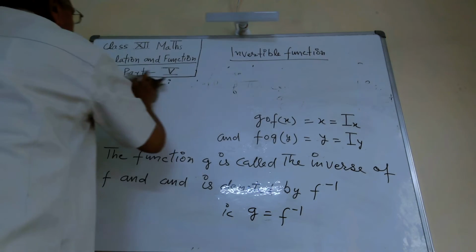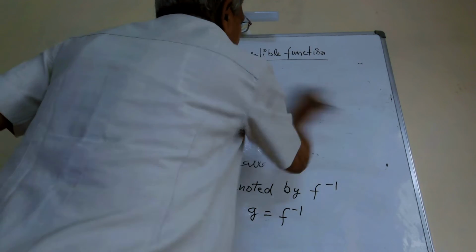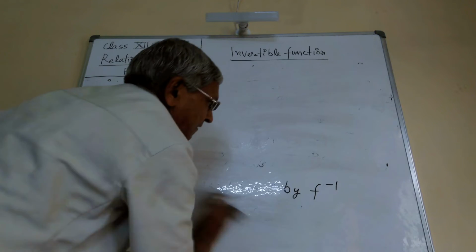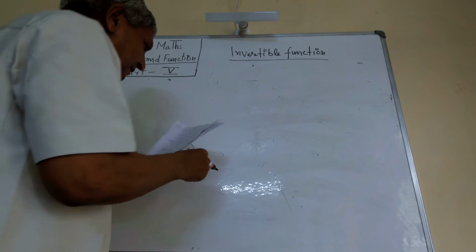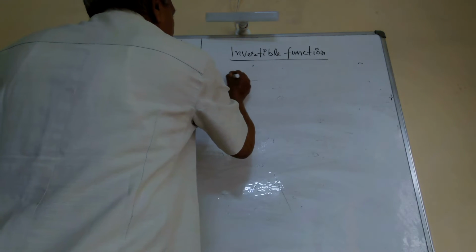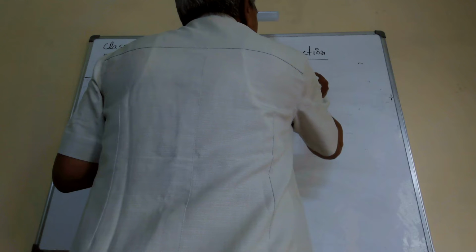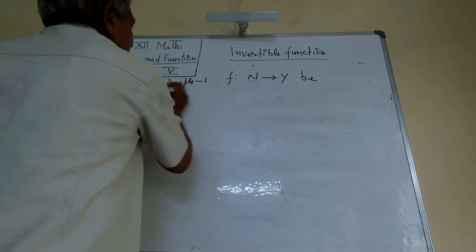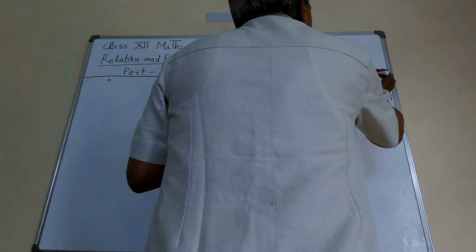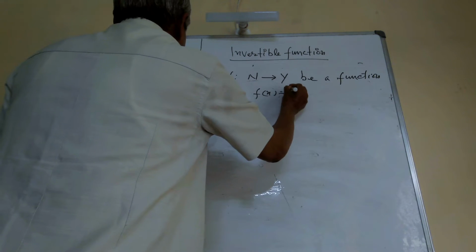First example. In the first example, f is any function, f: N to Y. Example first: f: N → Y be a function defined as f(x) is equal to 4x plus 3,